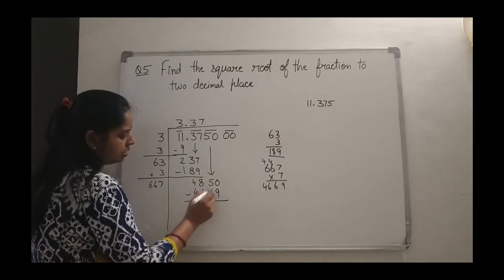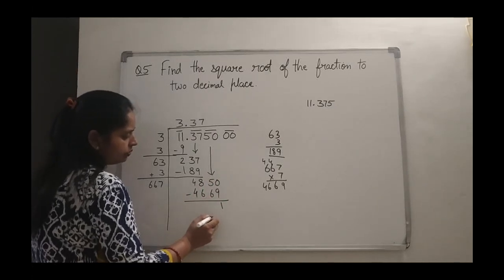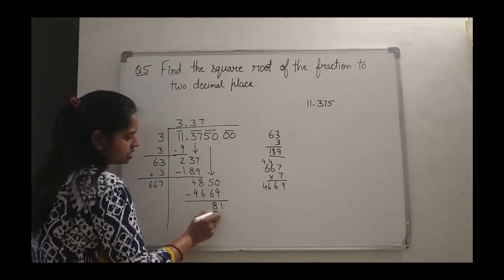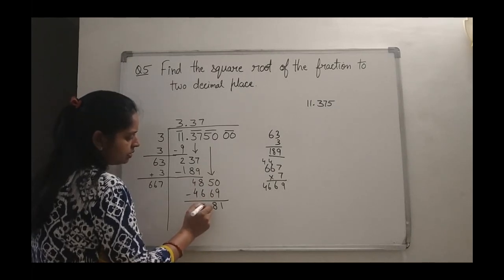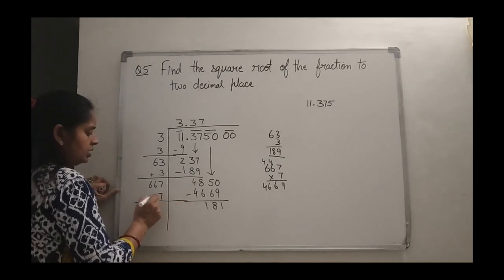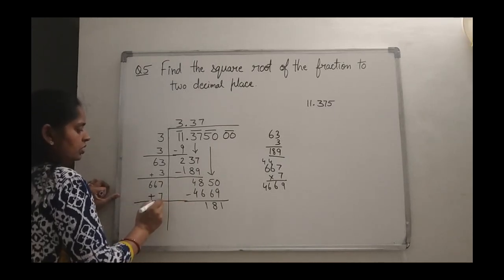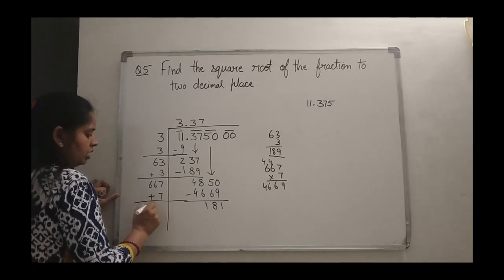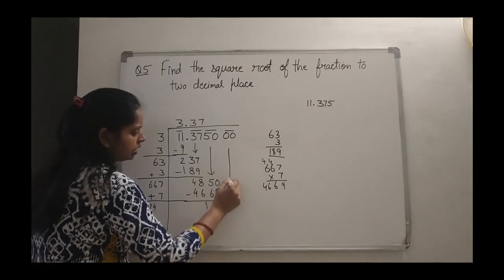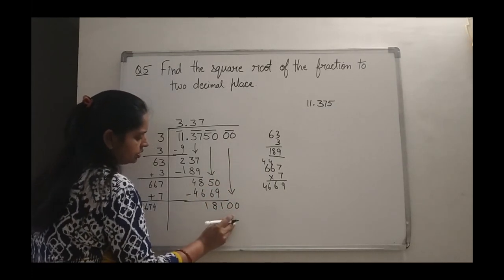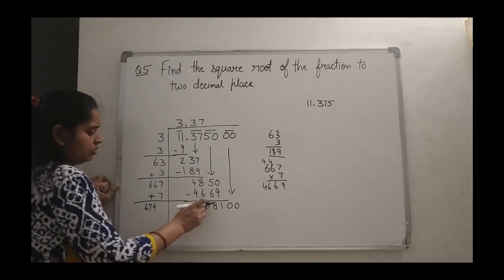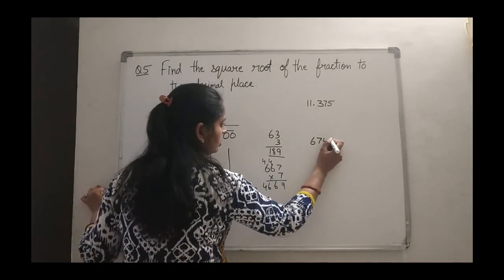So again subtraction. 10 minus 9 will go for 1. 4 is left. 14 minus 6 will go for 8. And here is 7. 7 minus 6 is 1. And here we have to add this 7 here. So 7 plus 7 is 14. And here we'll go for 7, 6. Right? And the next pair will come down again, that is 0, 0, 6, 7. Here is the 18. So 3 will go 6, 7, 4, 3.